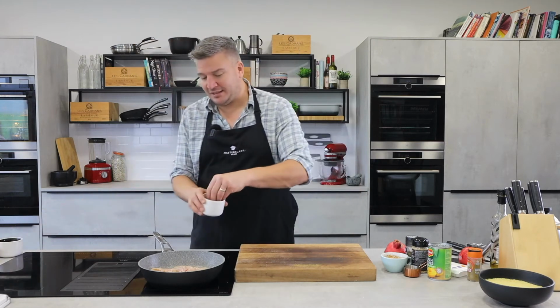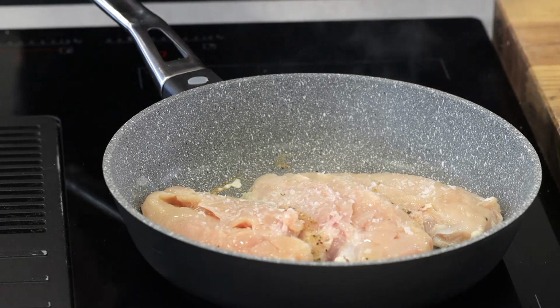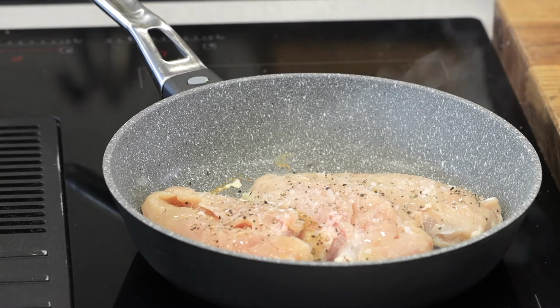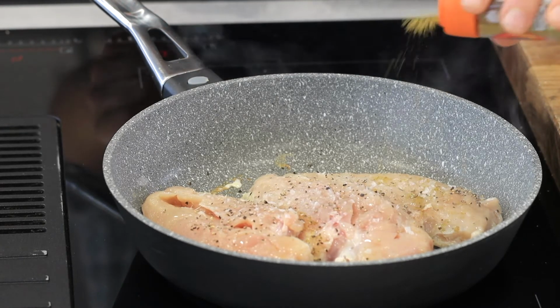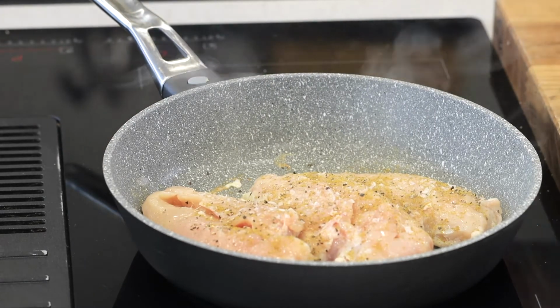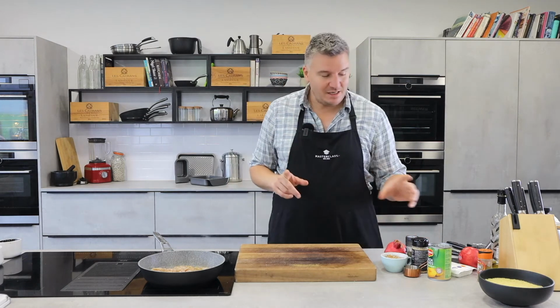So, while the chicken's that side, I'm going to season this side as well. Okay? So a little bit of salt and pepper. And where's my cumin? And then just so that we get good, even distribution of flavour all the way around. Now, while the couscous is cooking, we're going to make the